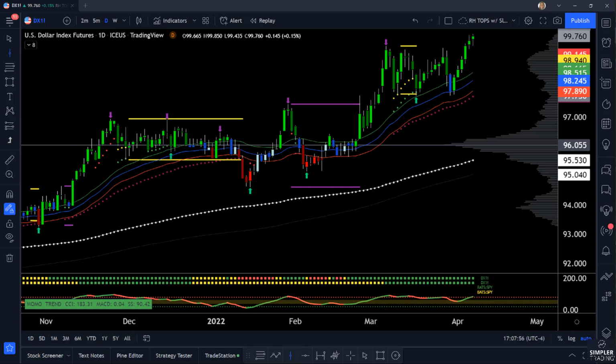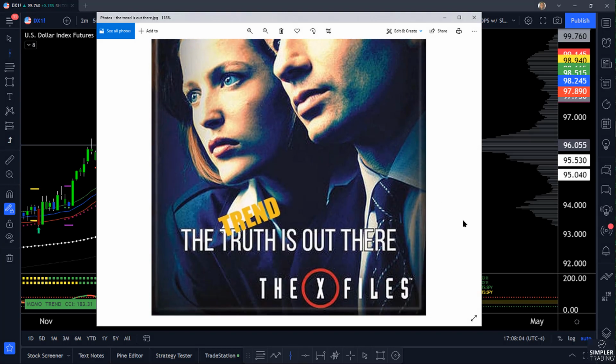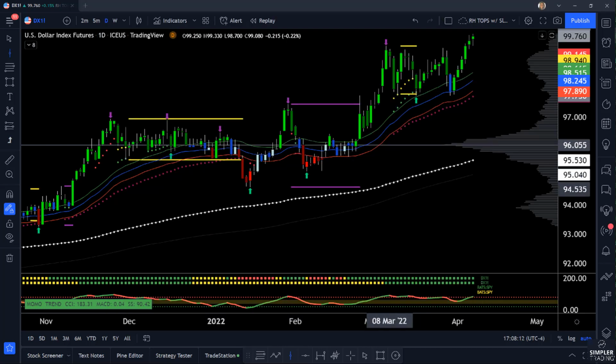And as I like to remind our traders, the trend is out there, right? I so love this show, X-Files. Well, the truth is out there maybe, but the trend is out there too. Keep an eye out for them. It's going to help you benefit from a better watch list and better follow through in this environment. Don't look where everybody else is looking. This is where you want to focus your attention.